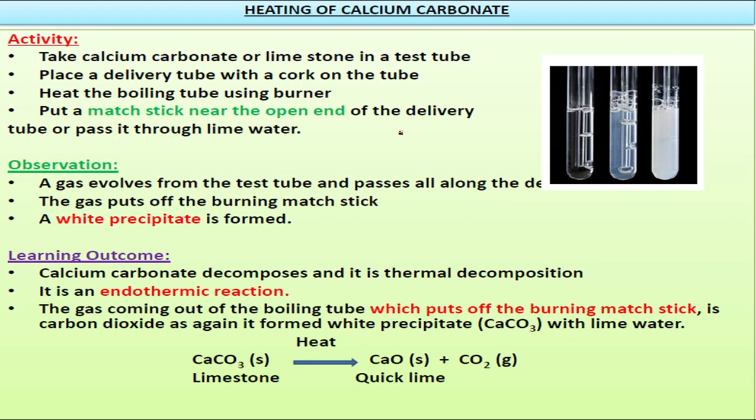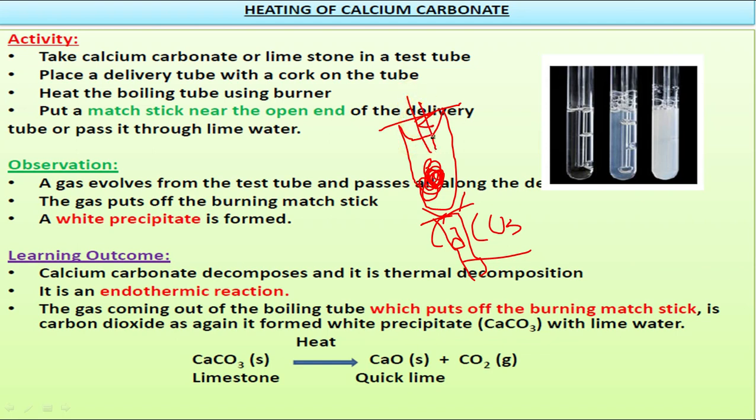Here we are taking a boiling tube. In this boiling tube, take a little amount of salt. The salt is calcium carbonate. What is the formula of calcium carbonate? That is CaCO3. It is a white crystal. If you are heating it with the help of a burner, make sure that you close the test tube with a rubber cork, and a delivery tube is fitted, so whatever gas is released from here gets passed to another test tube.